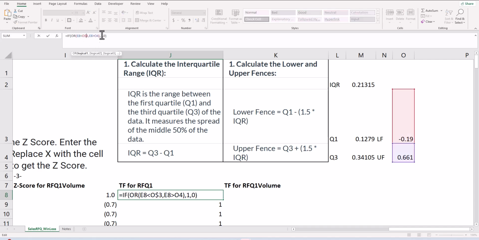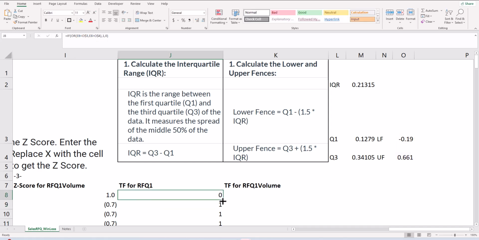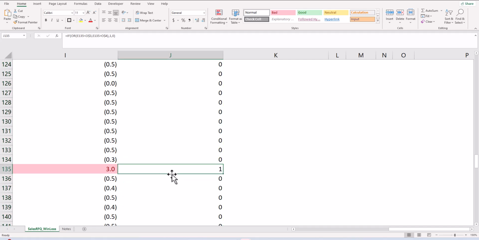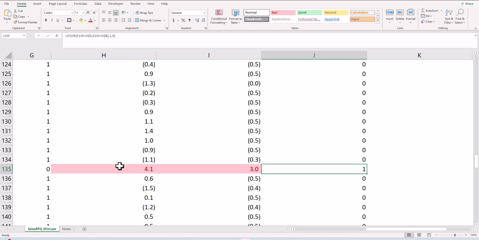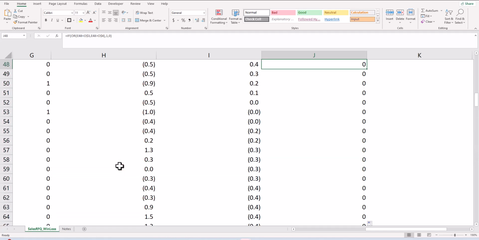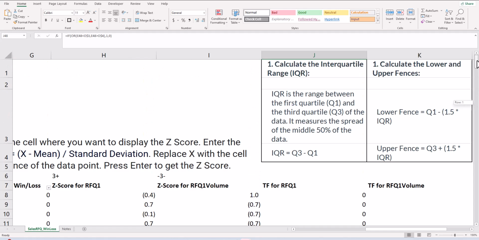Okay, so the dollar sign, and we've got it. Now we can double click and drag down. And once again, if I look here, I know I have one outlier, and lo and behold, look where it is. It's the same one. So Tukey fences, while it doesn't give you a score per se, you